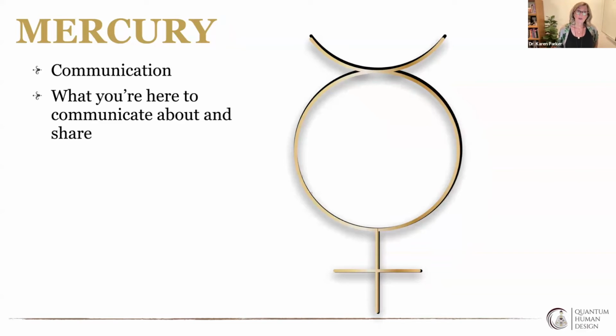Mercury is all about communication, what we're here to talk about and share. And so when we look at what Mercury is transiting through, Mercury is going to tell us what we're all going to be talking about during whatever the Mercury cycle is. We're about to get ready to go through a Mercury retrograde cycle, right? So we're going to be getting an internal exploration about language and words and the power of our words. And then when it goes direct again, we'll get to rehash or revisit conversations that maybe we need to revisit that weren't quite the way we wanted them to play out originally.